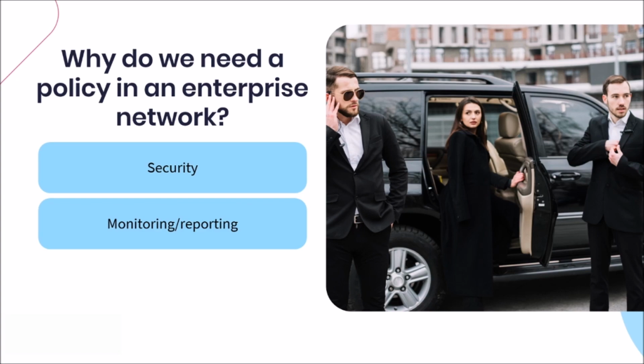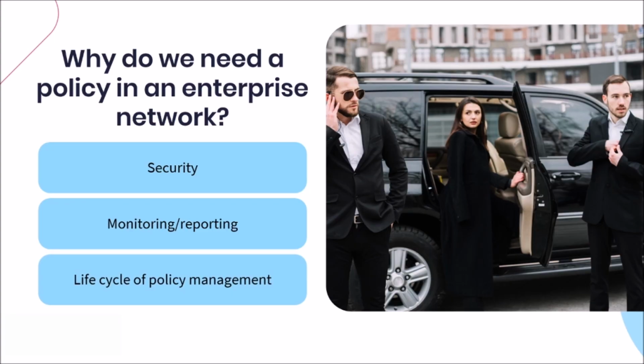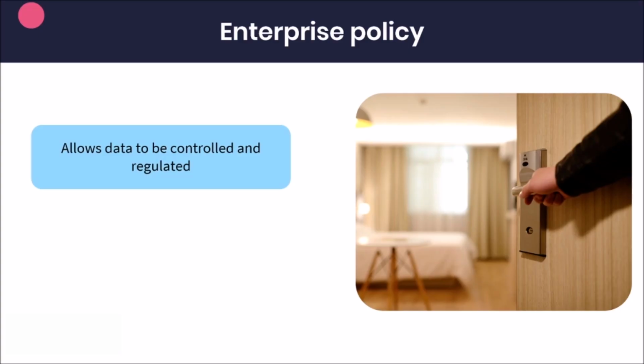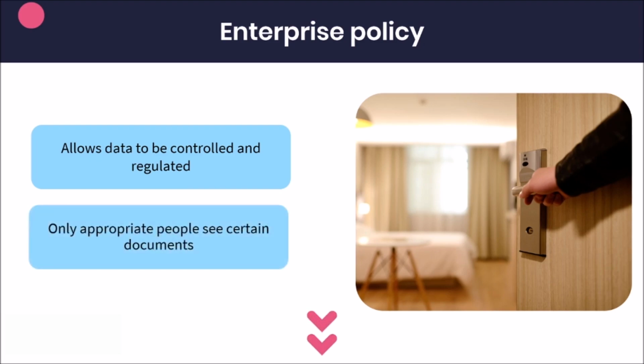And then lastly, the life cycle of the management of policies within an enterprise is ongoing and infinite. Policies are constantly running within the company network to help with things like automation, as mentioned earlier. Clearly, enterprise policy is a vital aspect of any enterprise network. Policies allow data to be controlled and regulated. The data is accessible to users based on their user attributes, thus ensuring that only the appropriate people are able